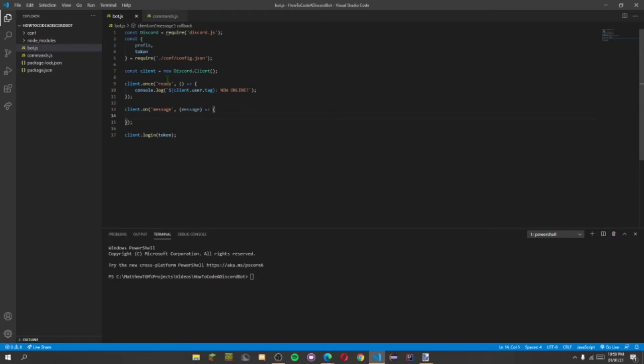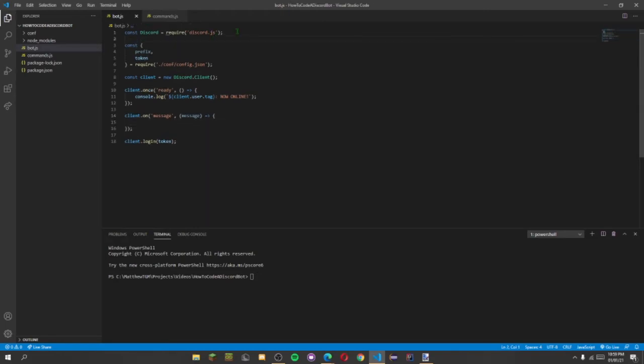And now on message, we're actually going to want to import our commands first. Const command handler is equal to require dot slash commands, end with a semicolon. So now in our message event, we're going to want to call command handler dot execute, and in command handler dot execute,